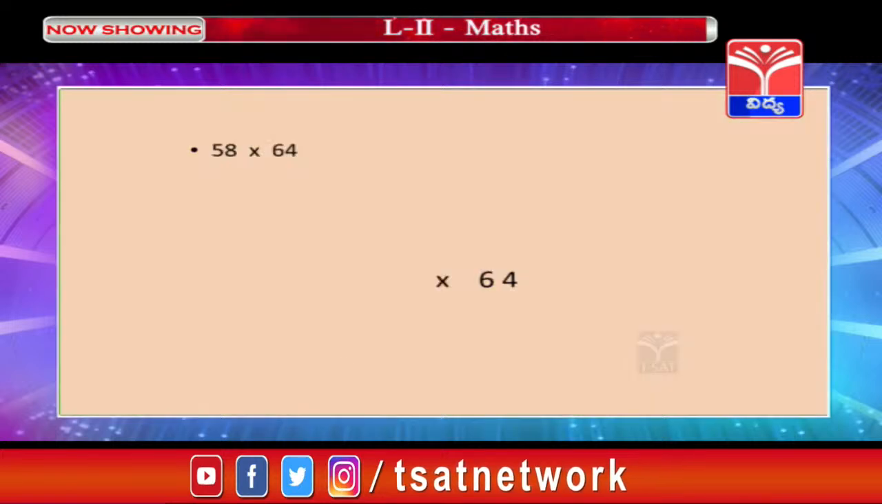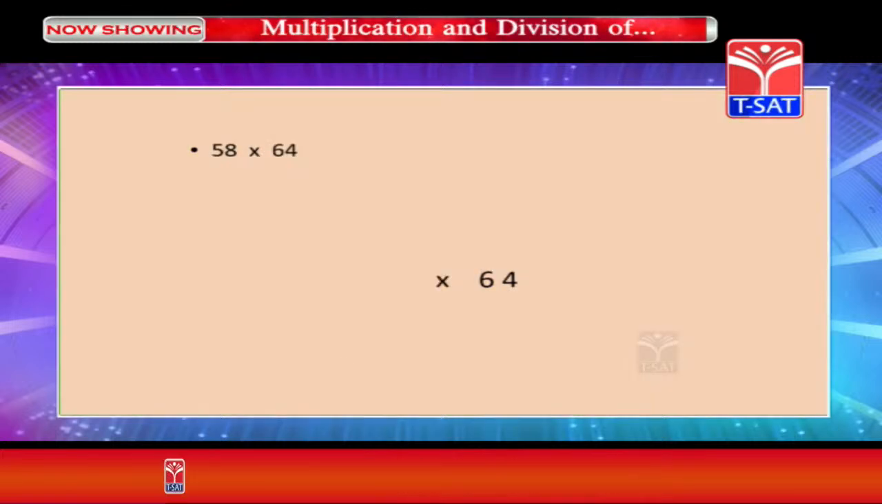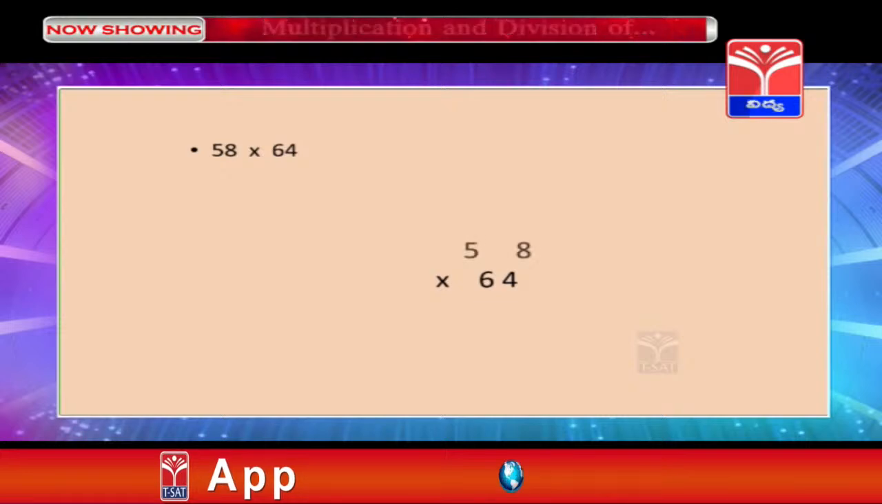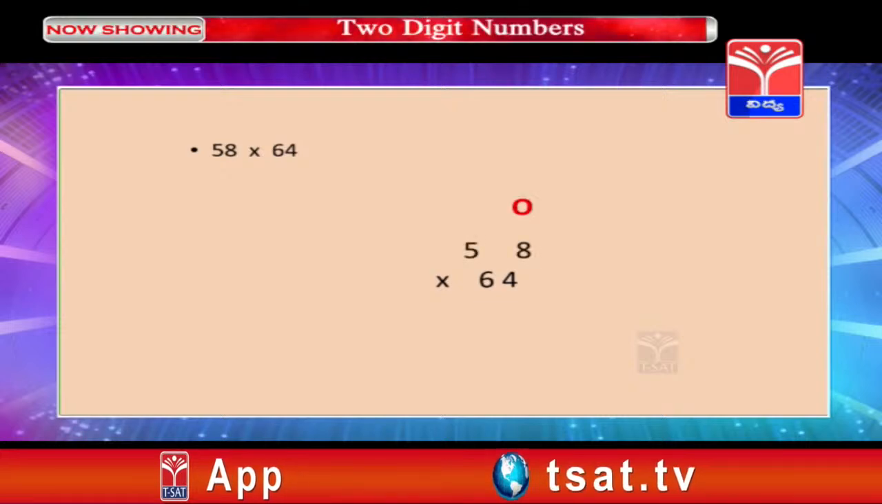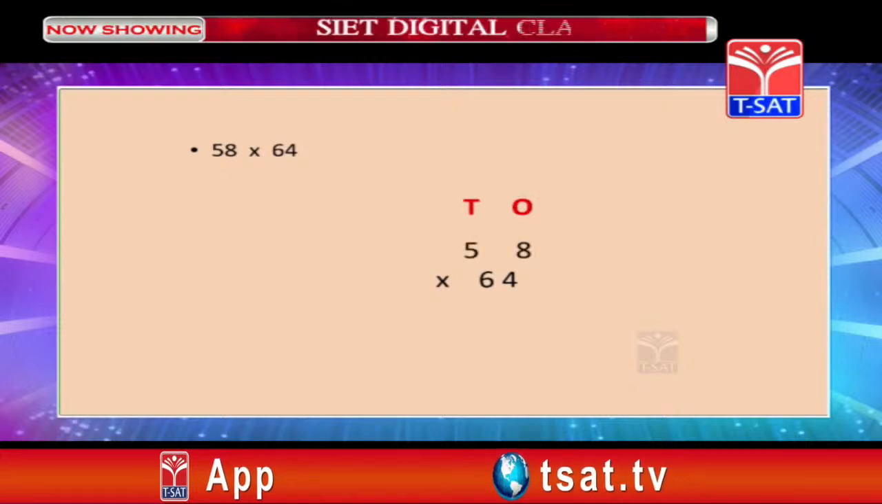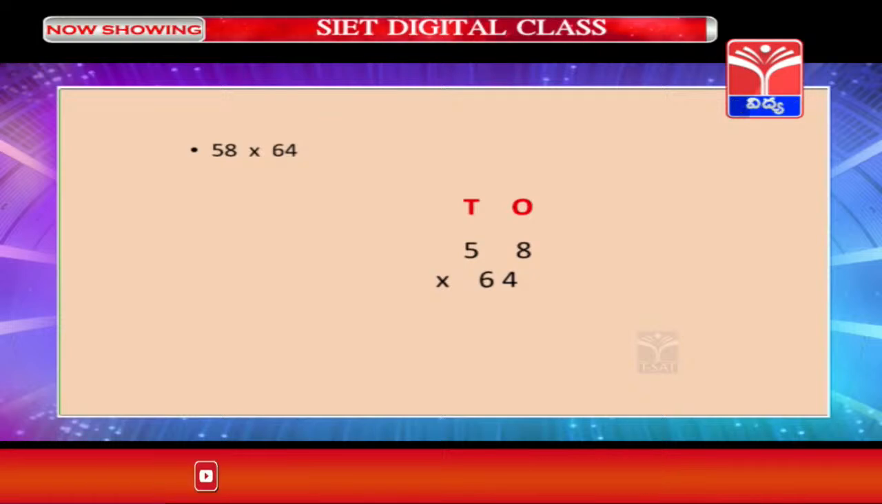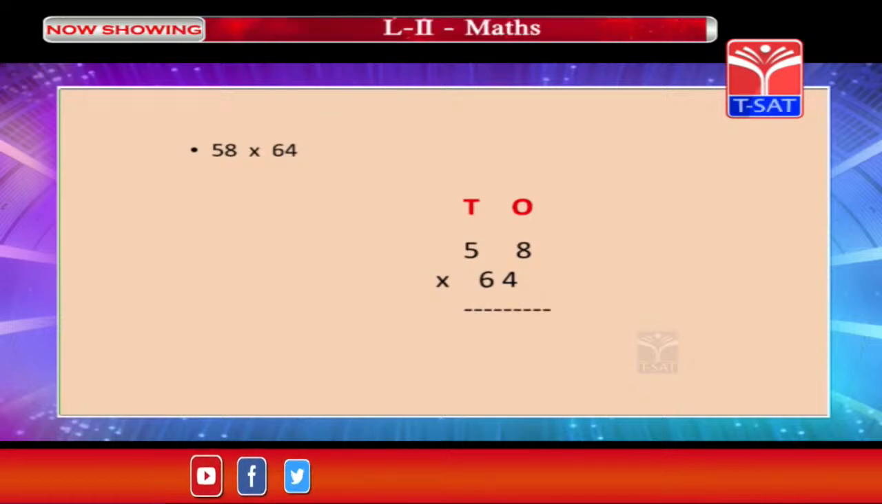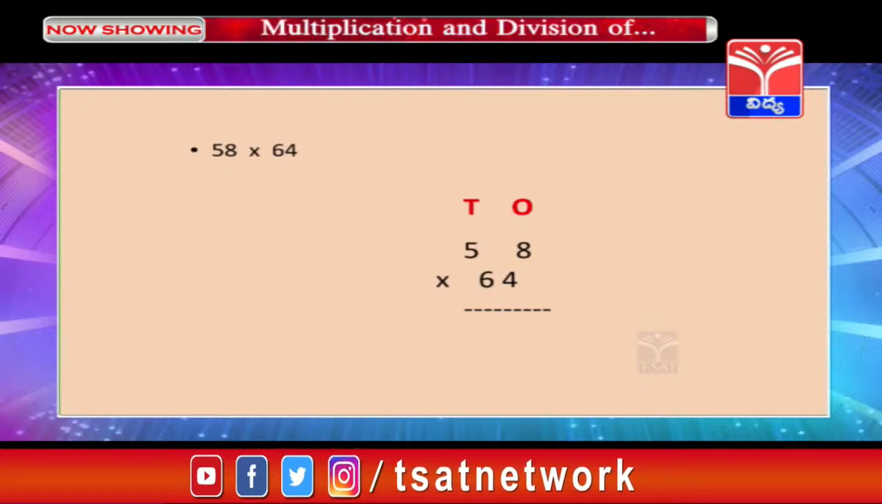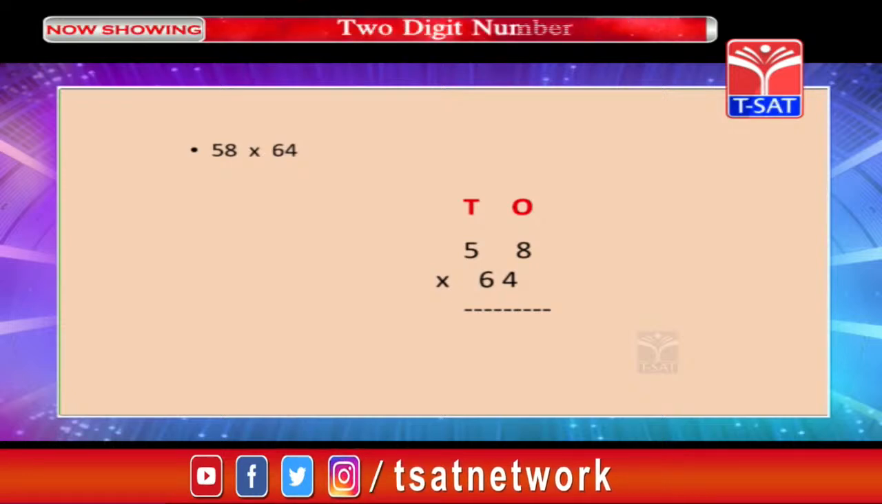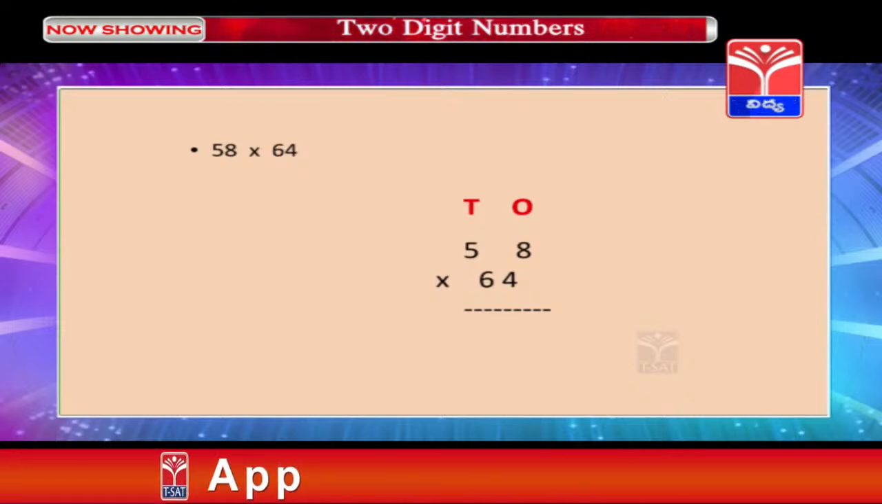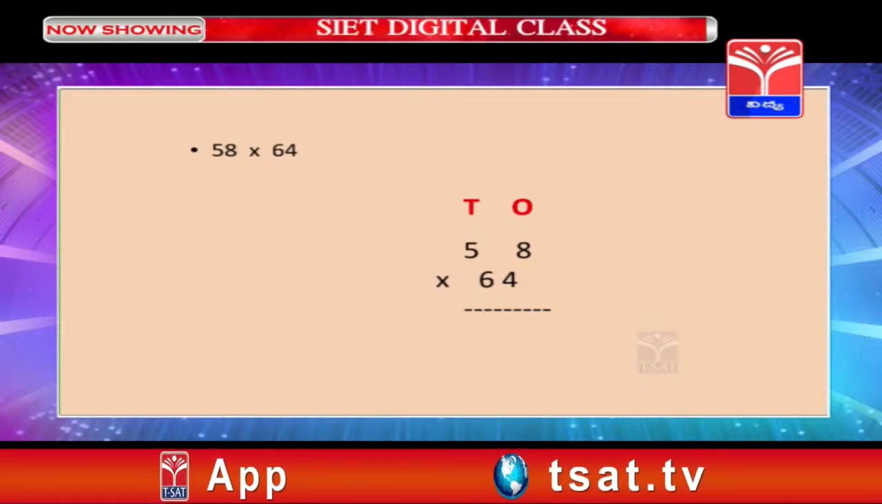So, next you try to solve this 58 into 64 in standardized form. Okay. 58, 8 is in the 1's place and 5 is in the 10's place. We are multiplying with 64. That means a 2-digit number with a 2-digit number. 58 is a 2-digit number, 64 also a 2-digit number. So, what is the first step? First we have to